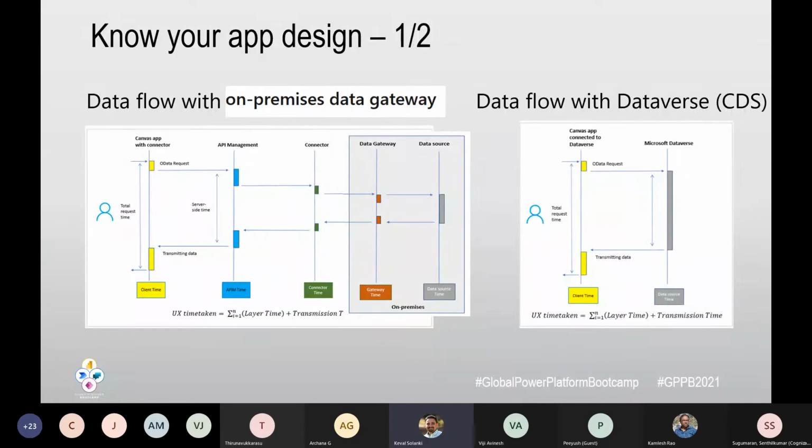So we recommend that in your solution or whatever design you do, try to incorporate your data into Dataverse. For example, if you are using Dynamics 365, you can also go for dual write. Definitely there are other parameters as well. And if you are working with Dynamics 365 FNO, then also try to use the virtual entity, which will push your data to the Dataverse and then you consume it.